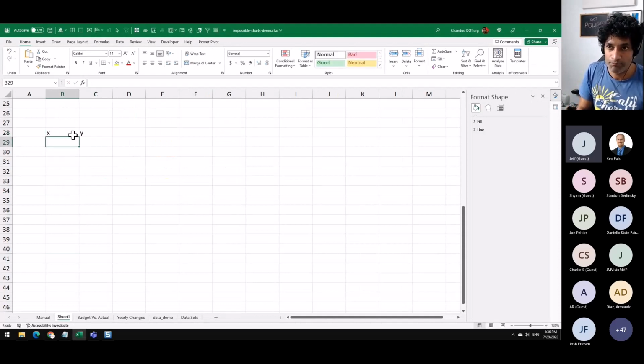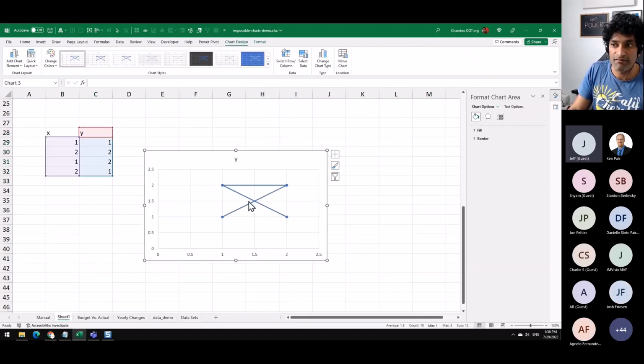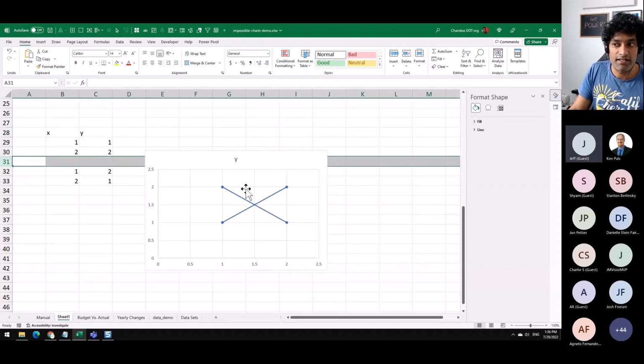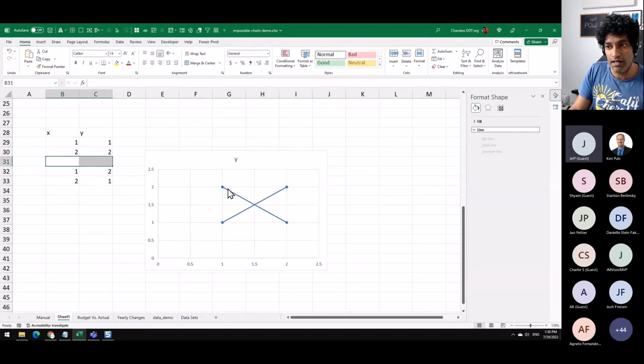We'll have X, Y. So we'll just start with 1, 1. And then in year 2, I would have 1, I don't know, 2, 2. So if I just have this data and if I make an XY chart, you'll get this kind of a line. See what happens to this if I insert a blank row. Suddenly that middle line is gone because my chart still reads all this, but because this internal one is blank, it will skip ahead and then create that X image for us.